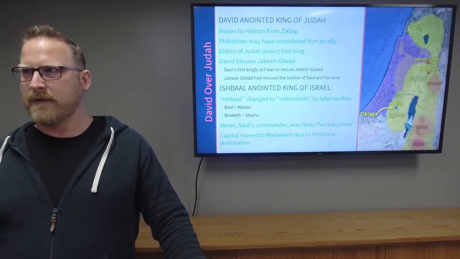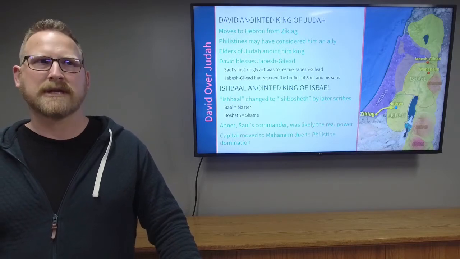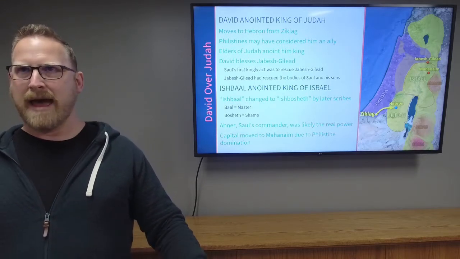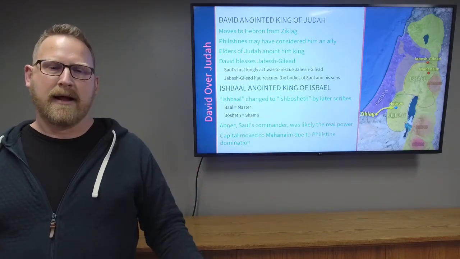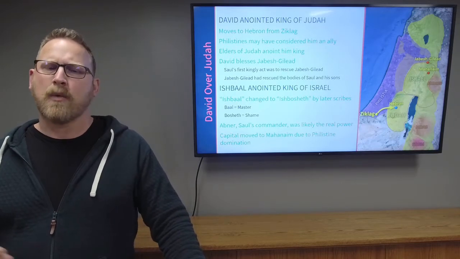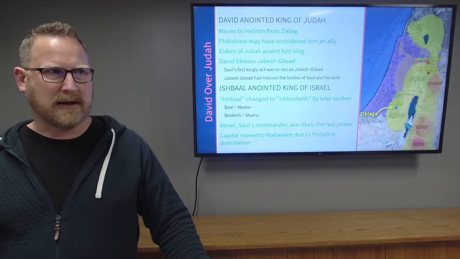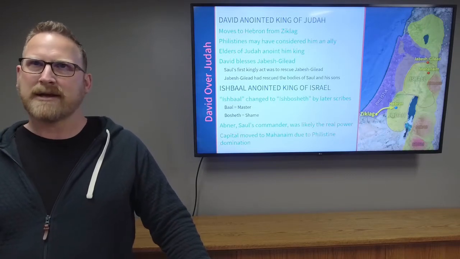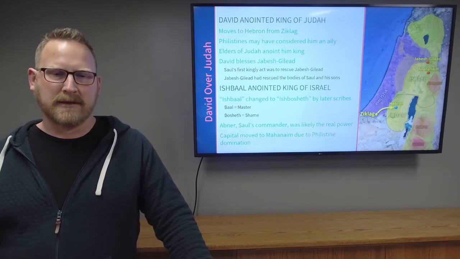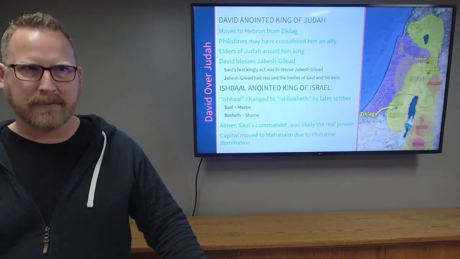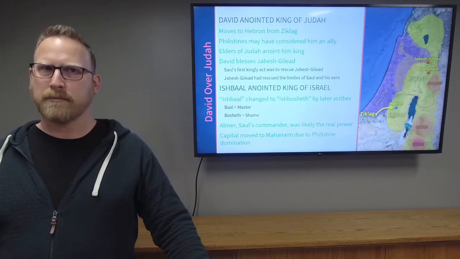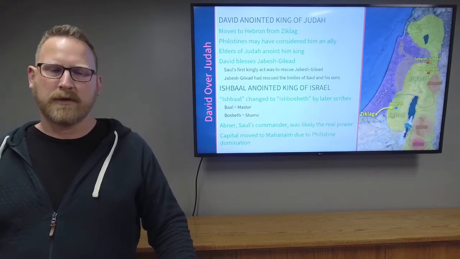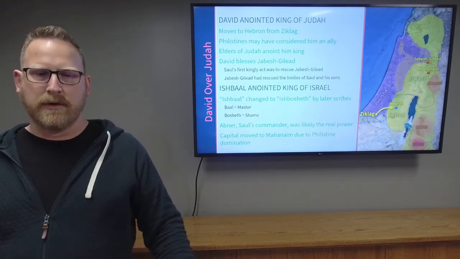so both Ishbosheth and Mephibosheth, their names were actually most likely Ishbaal and Mephibaal. So Bosheth means shame. So Ishbaal would be man of the Lord, or the Lord's man. Baal actually just means Lord, and it's used that way in Hebrew at times for humans. It's not always just the idol. And so Ishbaal would basically be like the Lord's man, and I'm not sure what the first part of Mephibosheth would be, but to say Ishbosheth is to say man of shame instead. And so some of the later Hebrew scribes replaced the Baal, because Baal was a bad thing to them. They would replace that part of a name with Bosheth, shame, in order to shame the name of Baal. So their names are Ishbaal